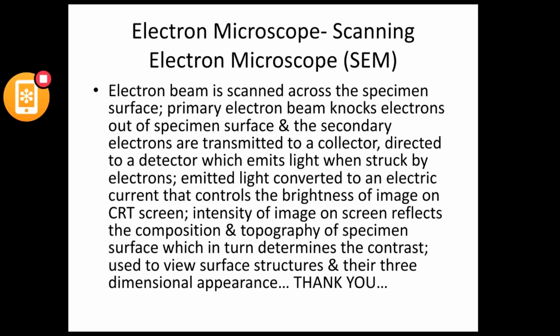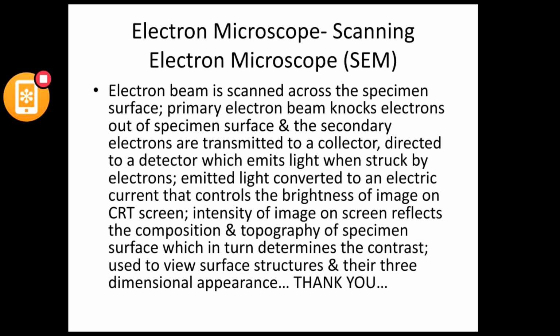In transmission electron microscope, simply a beam of electrons is passed from a hot tungsten filament, which passes through a set of electromagnets, hits the object, and the image is created, magnified, and made visible for the observer. Whereas in scanning electron microscope, the electron beam is scanned across the specimen surface. Scanning happens from the name itself. In transmission electron microscope, the electron beam is only transmitted. In scanning electron microscope, the electron beam is scanned.